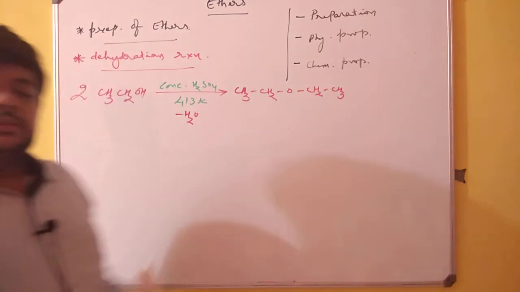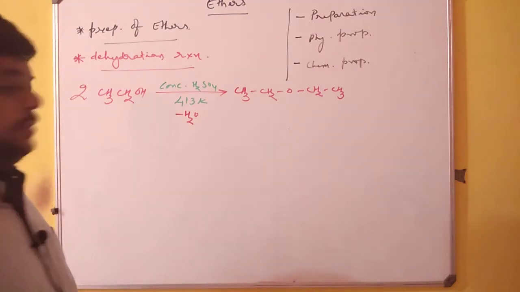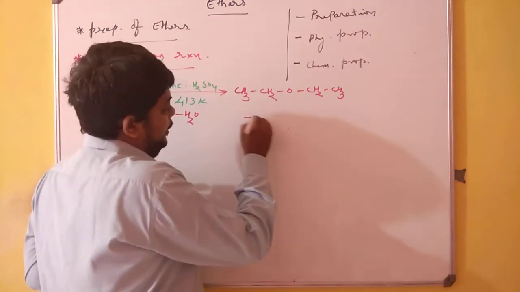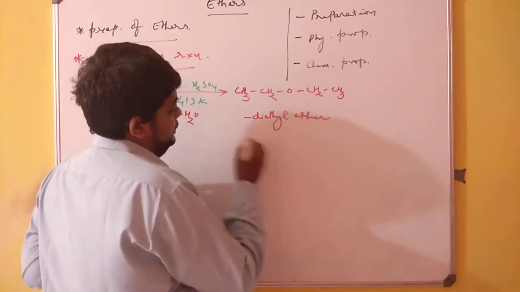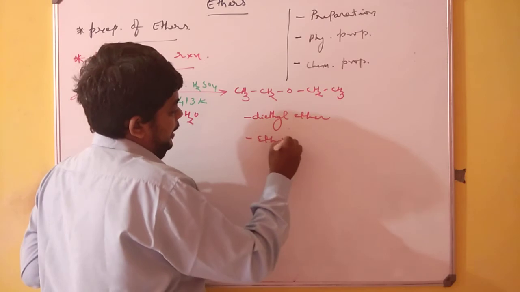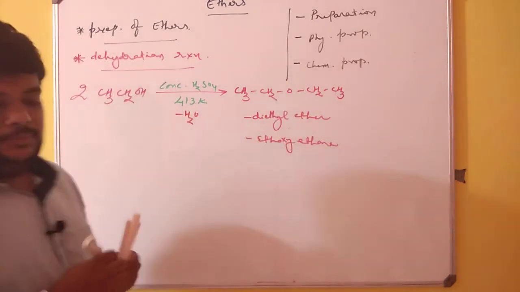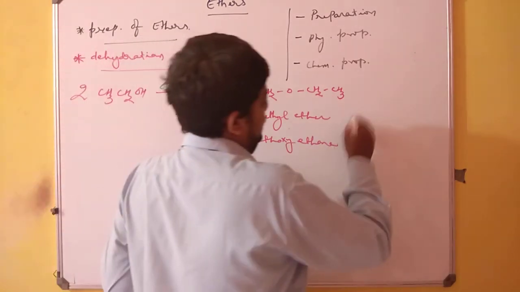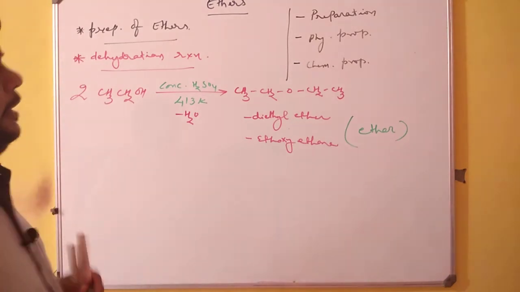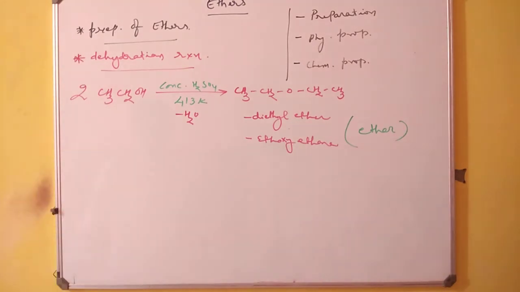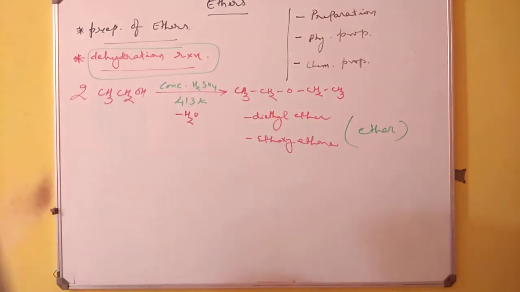Always remember, the generalized ether is this formula or this structure, which is generally known as diethyl ether. Its IUPAC name will be ethoxyethane, and whenever we say in general ether, it is related to this formula. So this is the first method of reacting and forming a product.